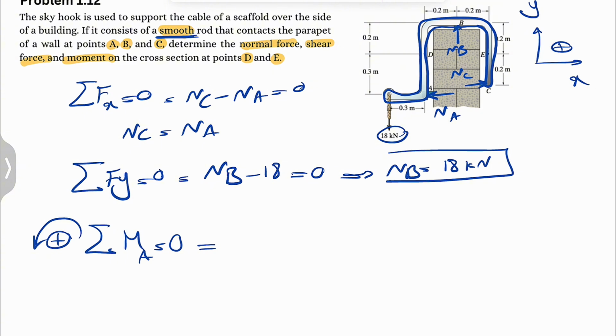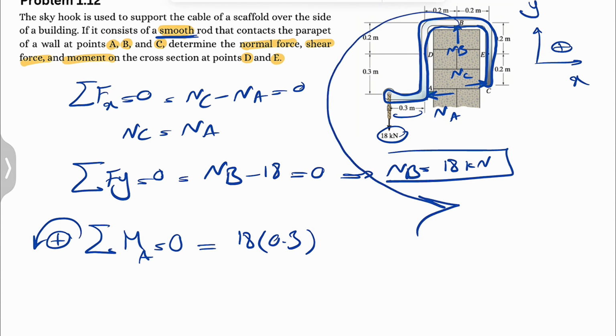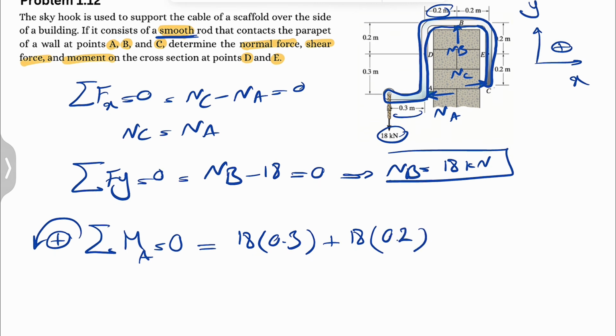We have the moment of the 18 kilonewton force. We can see that the direction is counterclockwise, so 18 times the distance, which is 0.3. So that's for that. We have the moment of NB. We can see NB is also making a counterclockwise moment. We figured that NB is also 18, so 18 times the distance, which would be 0.2, and the last moment would